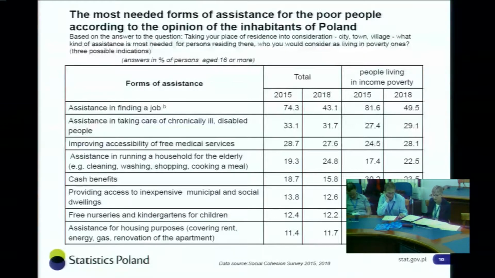The most needed form of assistance to people living in poverty was help to find a job. But forms of social service are also very important.